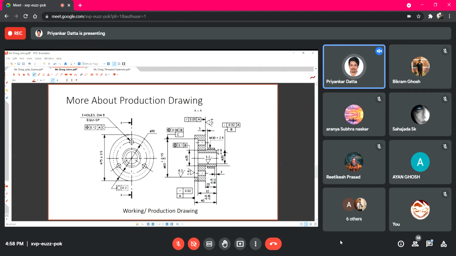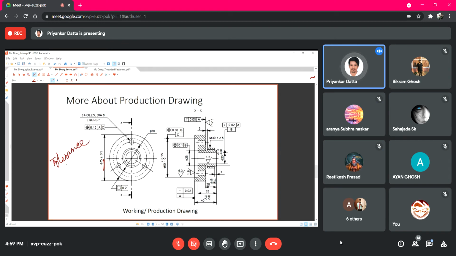Additionally, some more information is included. For example, you see here this diameter, this 75, indicates the maximum outside diameter of that component. Now additionally, you see on the right side some plus minus 0.5 is mentioned. So this one is known as tolerance, right?